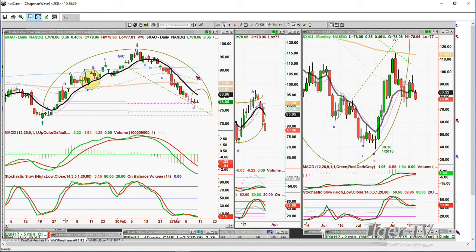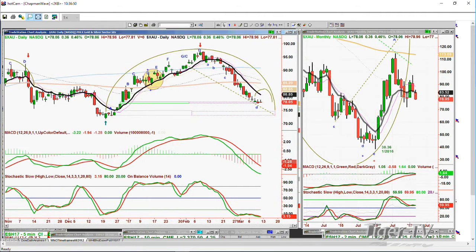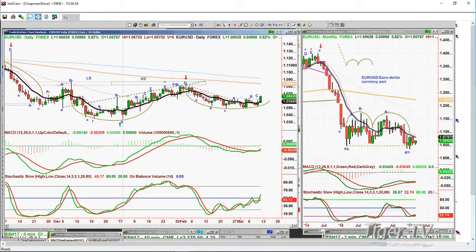We went to 77.62. So this is exactly where the stochastic can try to have a little bit of a bounce. I think it needs more time, and there's a good chance that we'll test. We don't have to test this low of the 20th of December of 71.63, but I think we're going to test right in between, and that's going to be the big thing. What happens to the dollar? What happens to gold? Now let's put together the EUR, the USD, the currency pair, and that's got a nice